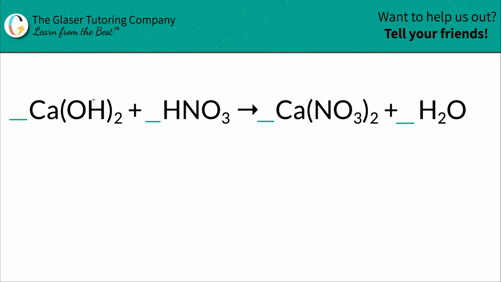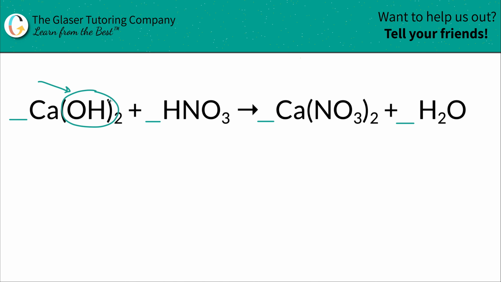I have one calcium here, and it's only in this compound on the left. I have calcium here on the product side, and it's only in this compound on the right. I love to work with that. I love to balance that. I want to balance that first, okay? So I have one calcium, that's where the subscripts come into play, so they're balanced. I don't have to worry about it. The next thing I'm going to do then is move on to the next unit I see,